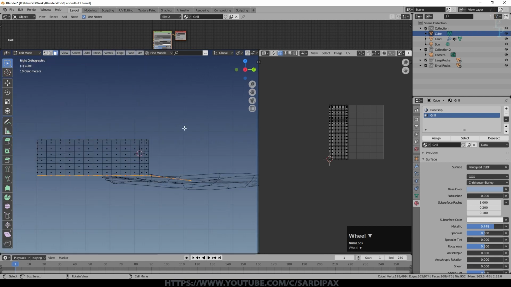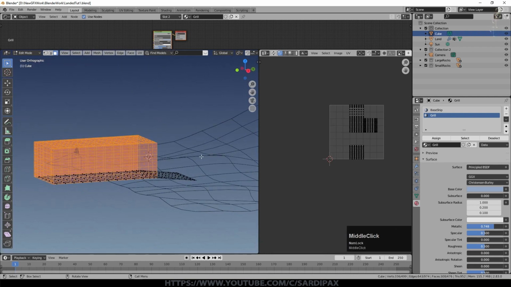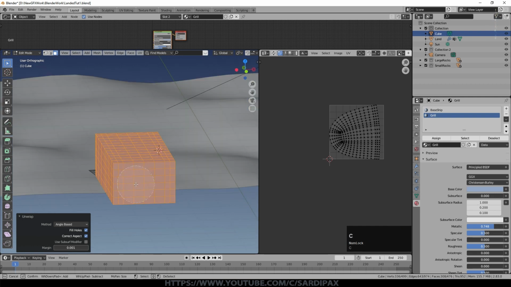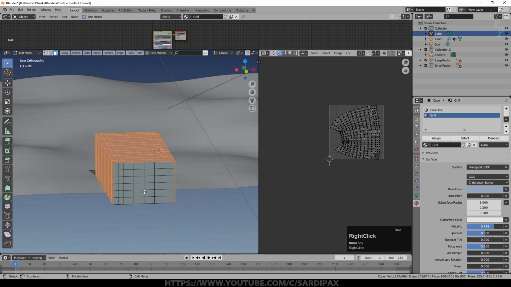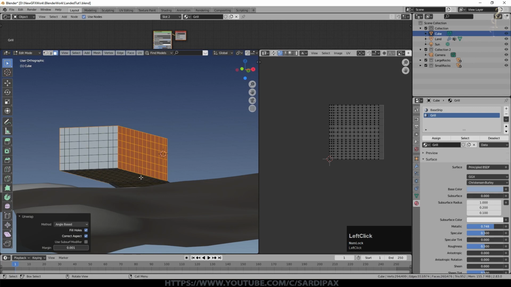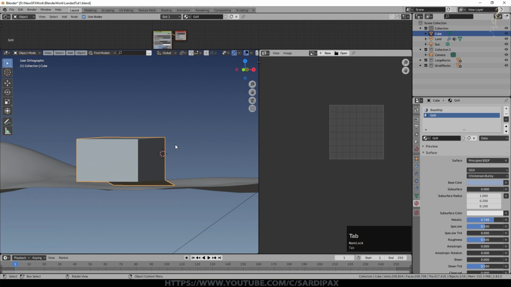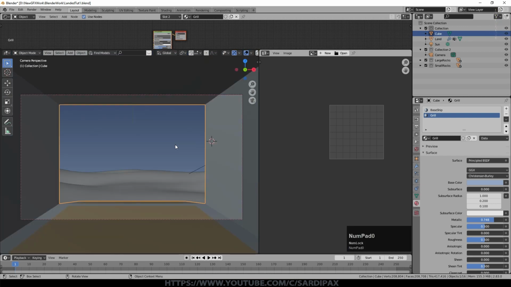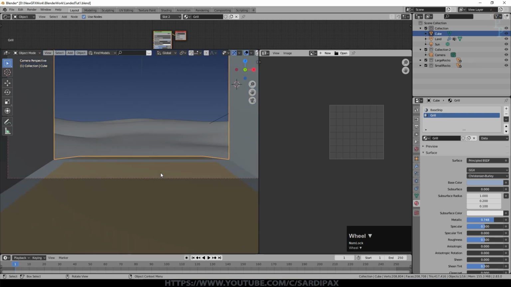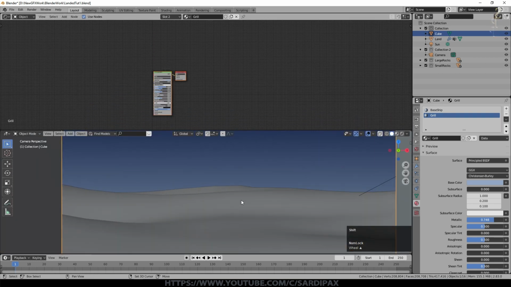I'm going to go to wireframe view, select all of these faces. I'm going to unselect the back faces. This is just a way of unwrapping, and I'll say U unwrap. You can see we've got a nice planar unwrap there, and I don't need to worry about the back face because we're not going to see it. I could remove it, but I'm going to use it to shade any light that might be coming in from the outside world, as we want to control that. So we've got our grill area in view here, so we're ready to make our material now.